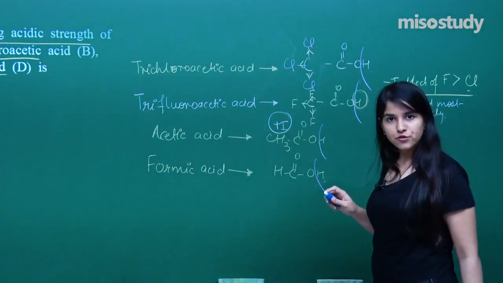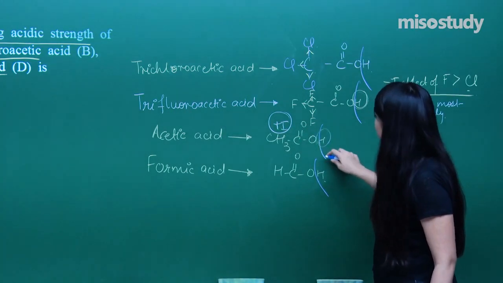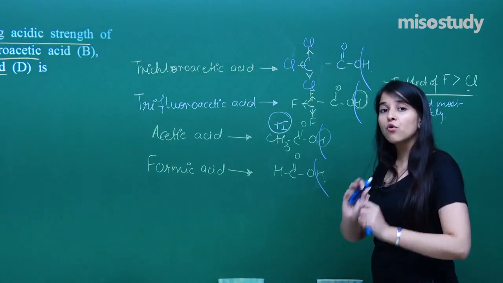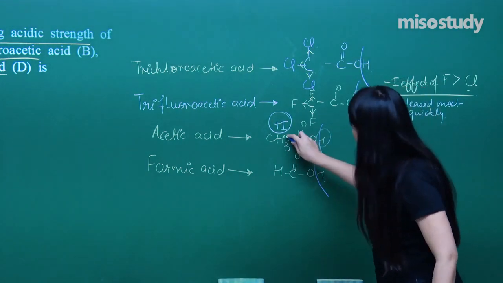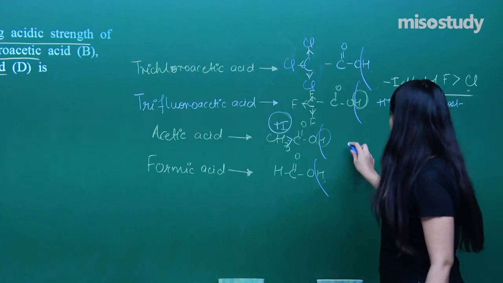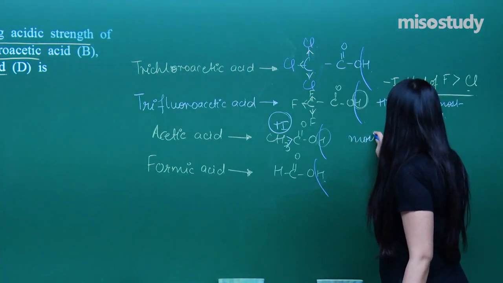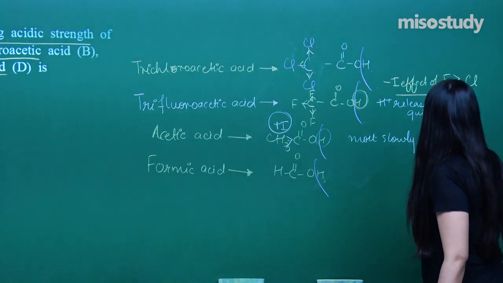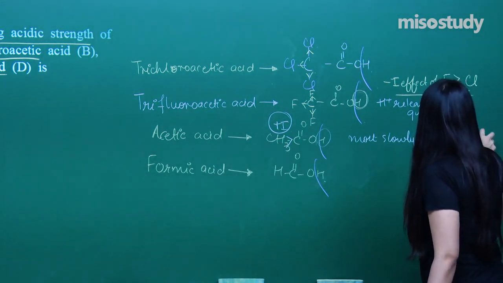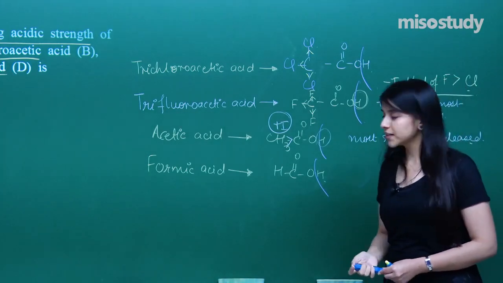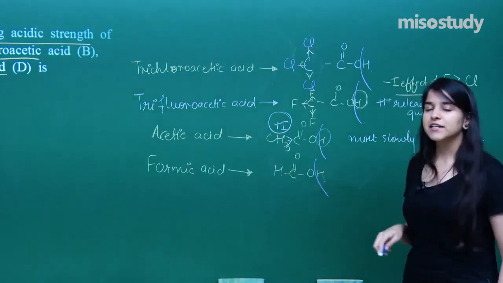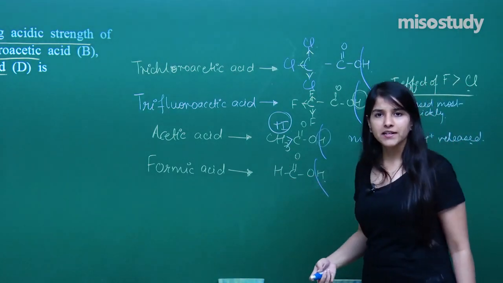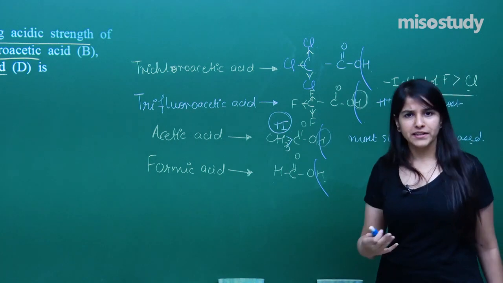This will be the least acidic structure, because here the H plus will go off most slowly, because here we have got a donating group present. So I hope you all are getting the idea of what we are trying to do over here. Now the remaining is the formic acid. Here there is no minus I or plus I group attached, so we can release this hydrogen quickly.